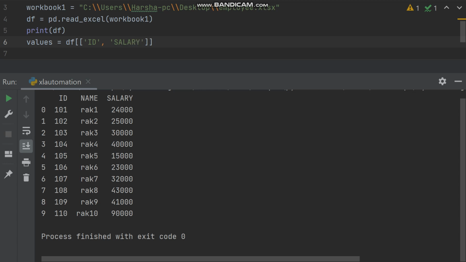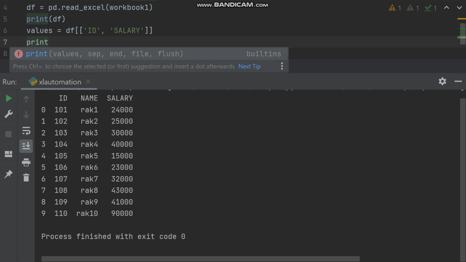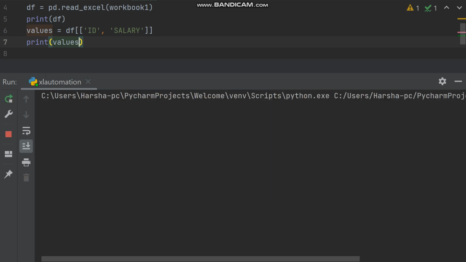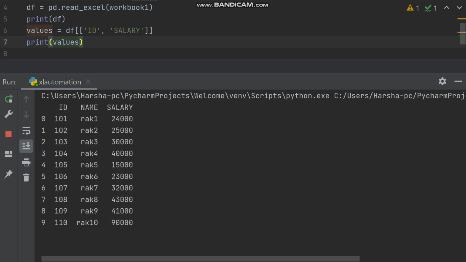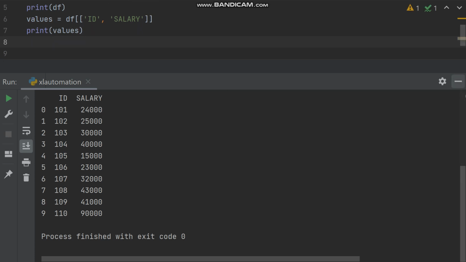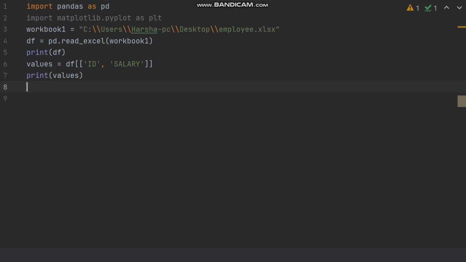So with data frame, take the values. If you want to print that, you can print values, control S, alt shift F10, and then enter. Here you can see the values, only ID and salary.